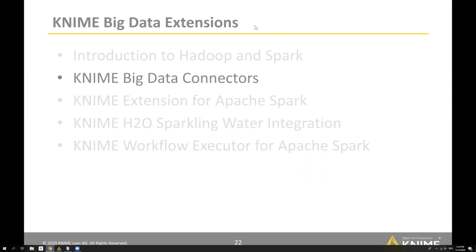Okay. Tobias, you want to take the next one? Yeah, maybe I can take: do you need to have Spark and Hadoop run locally? For trying out and experimenting with all of the nodes, Björn will show the create local big data environment node, which is a really nice node that spins up a local Hadoop cluster, so to speak, on the machine Knime is running. So if you just want to try it out, just use this node, as Björn will show in some minutes. Okay, that's done.